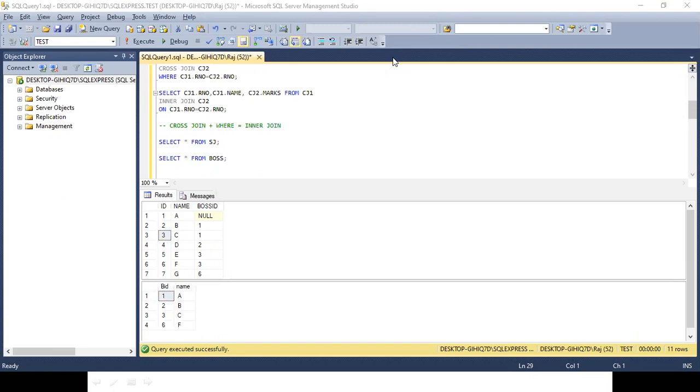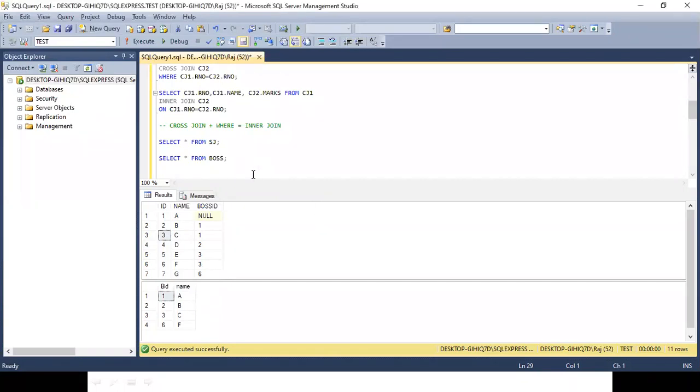Can you please repeat your question? Your name is Amit, right? Amit, I want to see the employee ID, name, and the boss name. In this table, I have the employee ID, name, and the boss ID, but I need the name of the boss instead of the ID. So there are two simple tables and I want to create a join. Amit, do you think you will be able to create a join on this? Yes or no? Yes. Okay, Amit, then we will proceed with this.